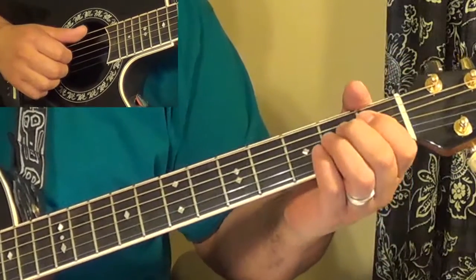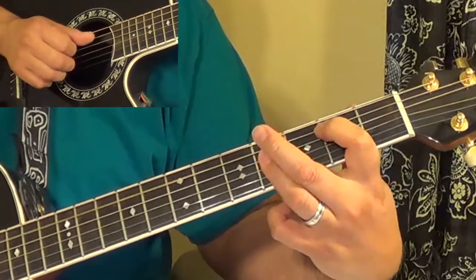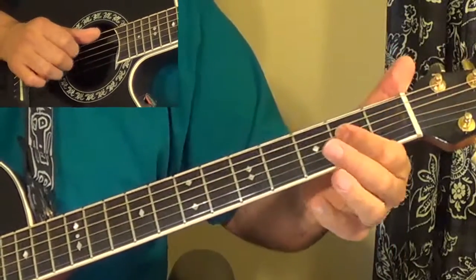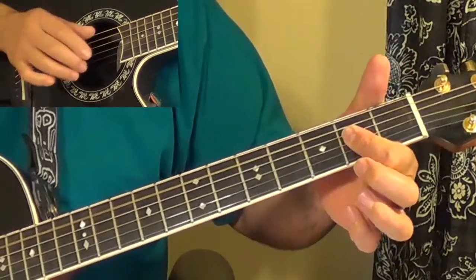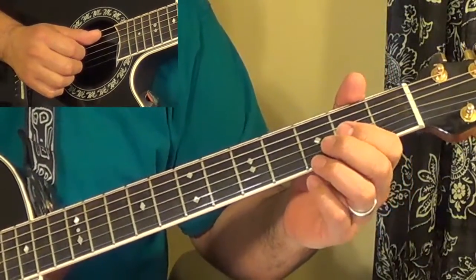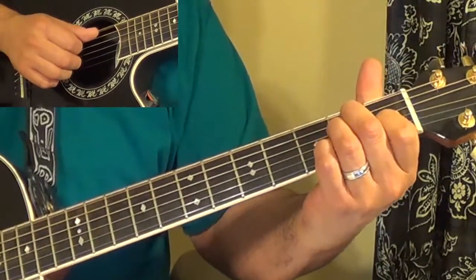So the intro is played like this: E to a B, C sharp minor to an A. See how I get that? And it's all just finger picking. Very easy. Okay, the verses are exactly the same. They start out, the first line of the first verse is just E,